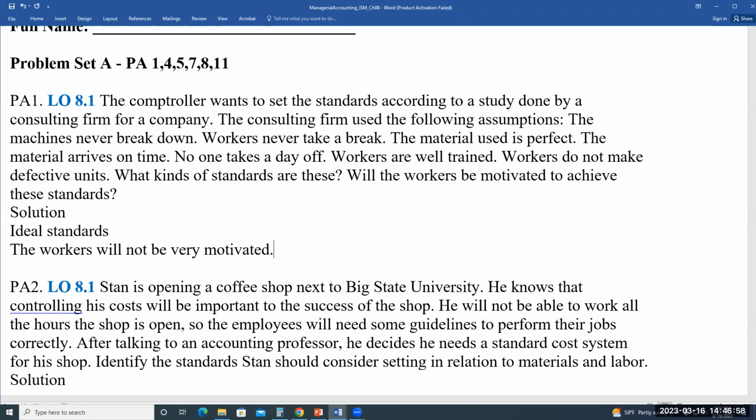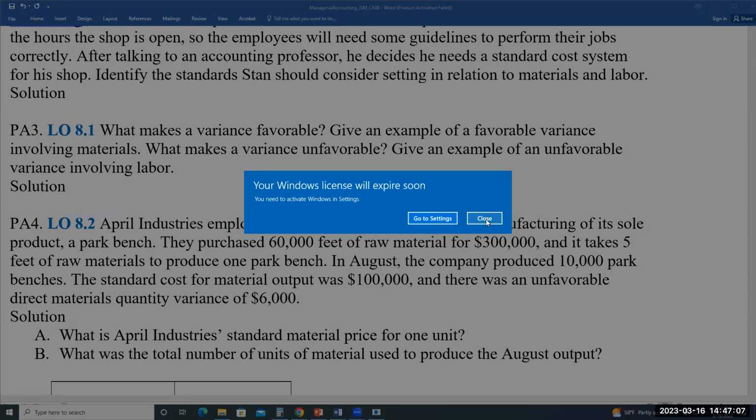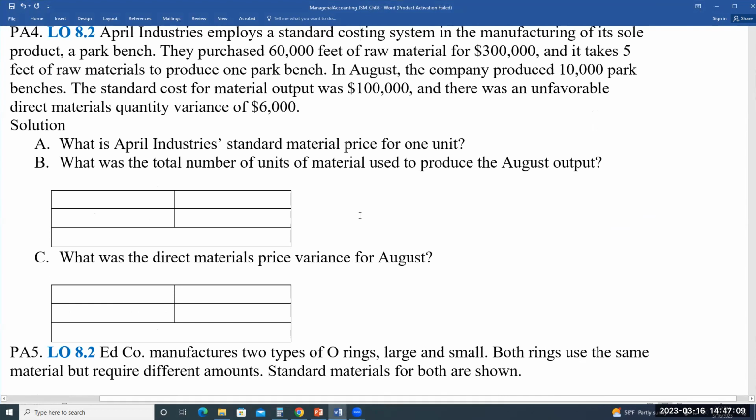So that wasn't really hard. It was just kind of an unusual problem. And let's go ahead and go on to numbers 4 and 5. I don't know why that keeps popping up. Okay,